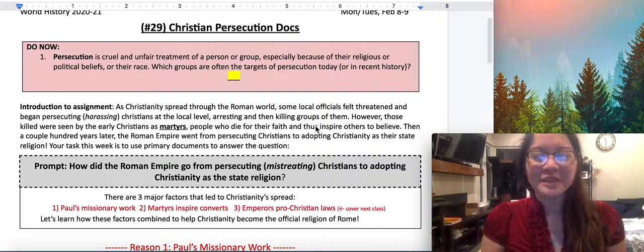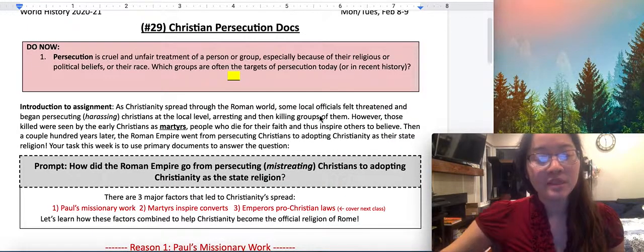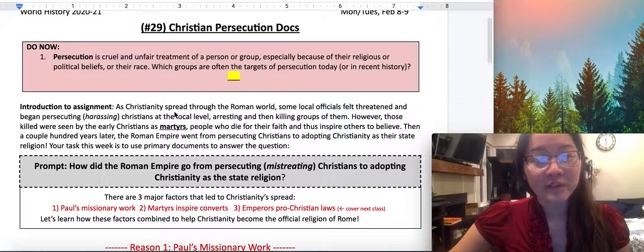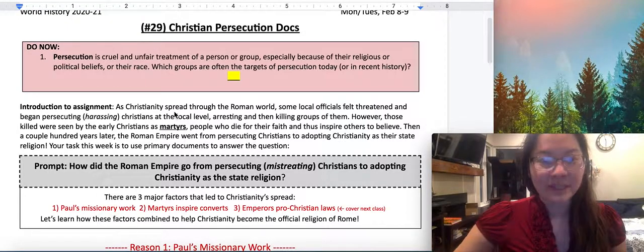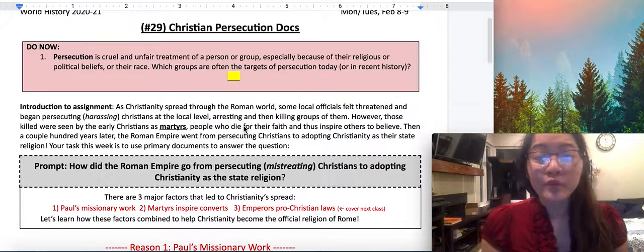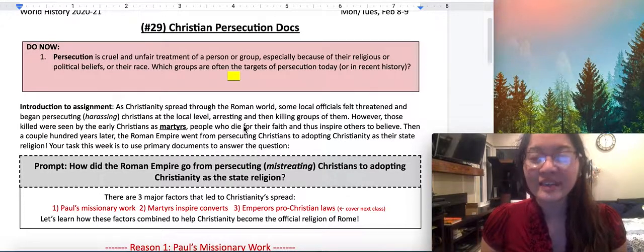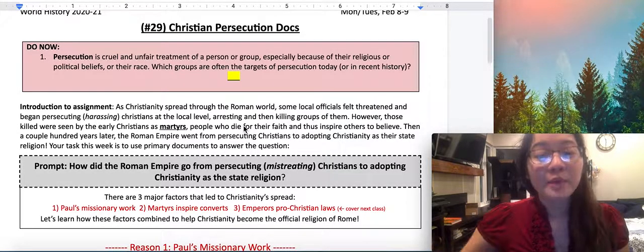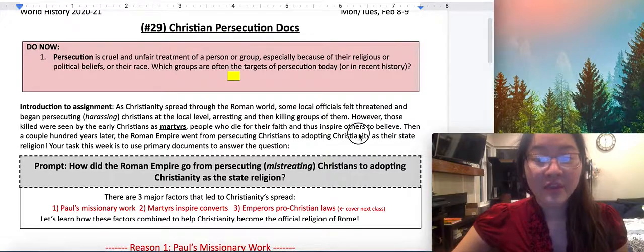Hey everyone. So I'm going to go ahead and get us started on annotating our handout number 29, Christian persecution documents. I'm just going to skip the do now for now to be able to introduce our assignment. As Christianity spread through the Roman world, some local officials felt threatened and began persecuting or harassing Christians at the local level, arresting and then killing groups of them. However, those killed were seen by early Christians as martyrs, people who die for their faith and thus inspire others